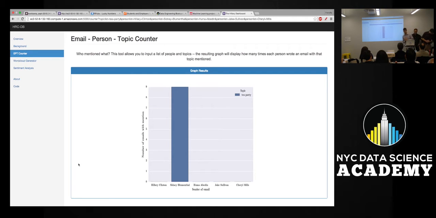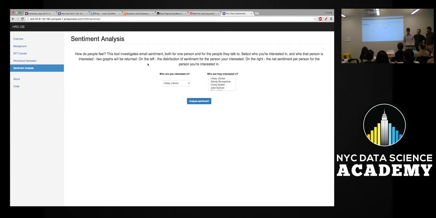Sure. So I'm going to go through sentiment analysis a little bit with our last tool here, and then also spend a little bit of time on some of the technical aspects of this. The code is available on GitHub, open source as usual, so if you're interested, happy to follow up on that. So the sentiment analysis. This is a little confusing, so I'm just going to generate some plots and tell you what we're looking at.